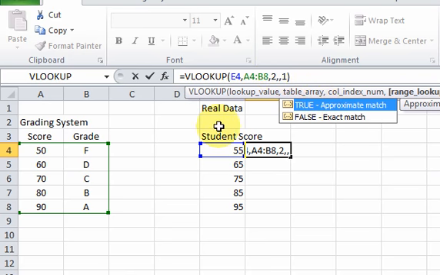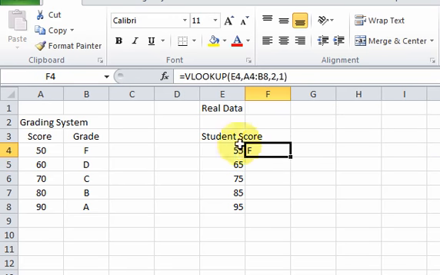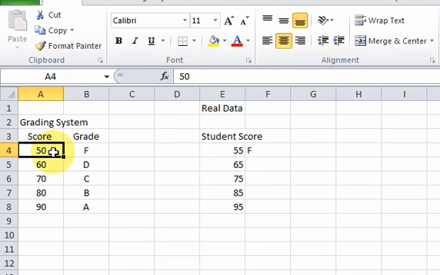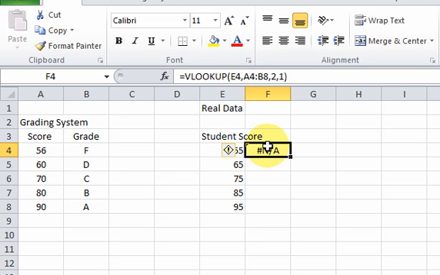Now the approximate match that we saw here, that means it's going to look for the largest number that is smaller than 55. Okay? And so let's do something like this. If I put 56 in here, I get an NA. So this is how approximate match works when you do a VLookup. It looks for the smallest number, I'm sorry, the largest number